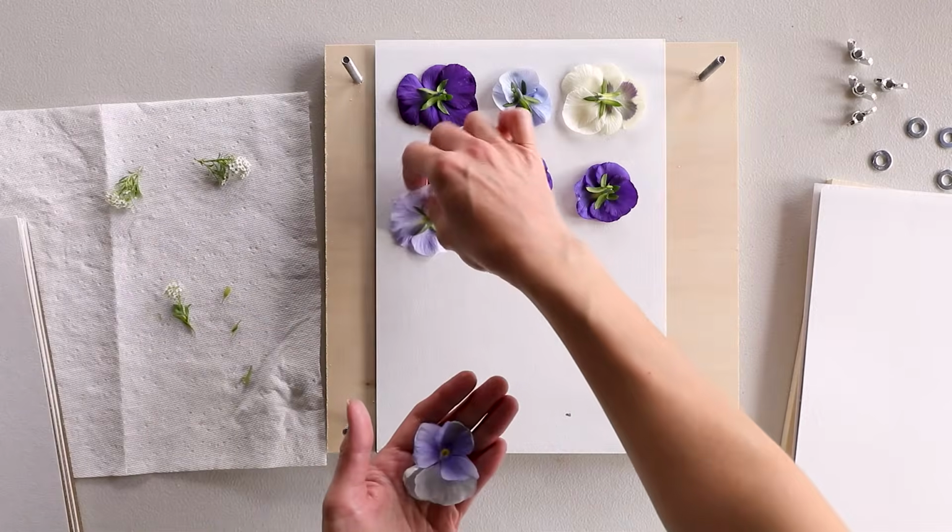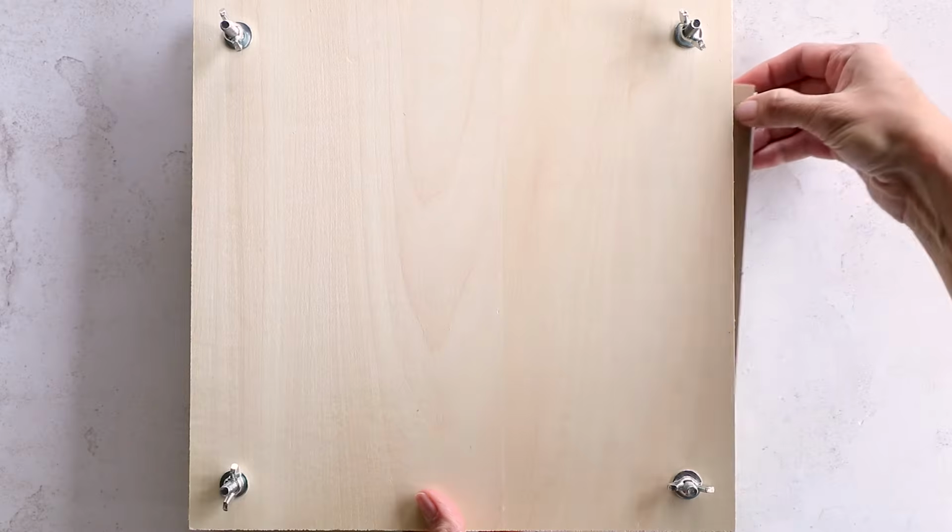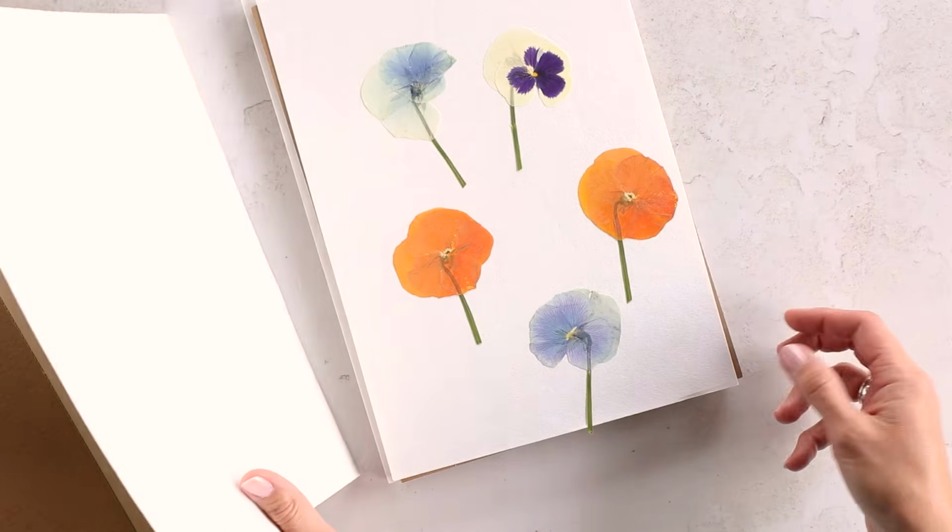After my tutorial on how to make a DIY flower press, I thought it would be fun to share a few ways you can use those pressed flowers to make different crafts and home decor. If you're wondering where to find pressed flowers, you can go visit my tutorial for the DIY flower press, or